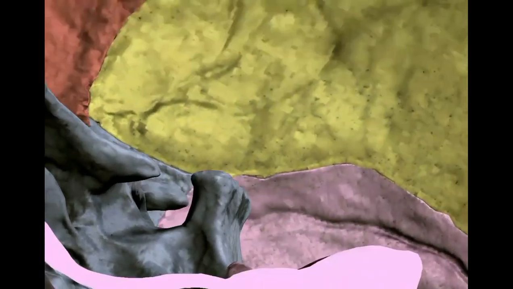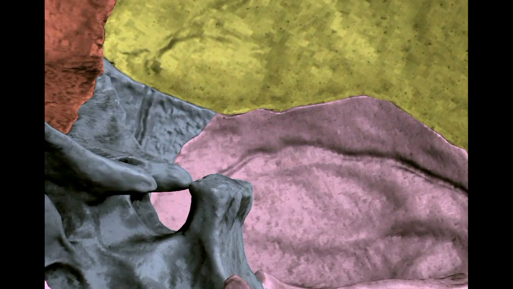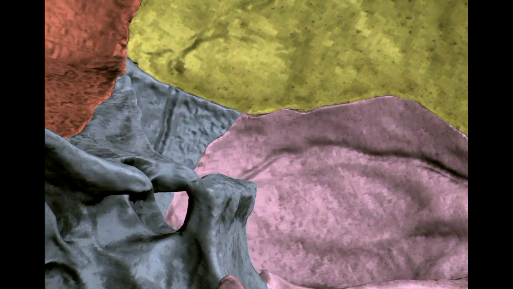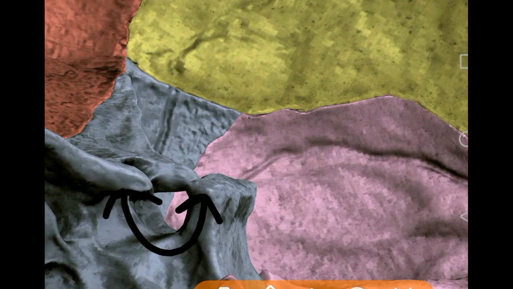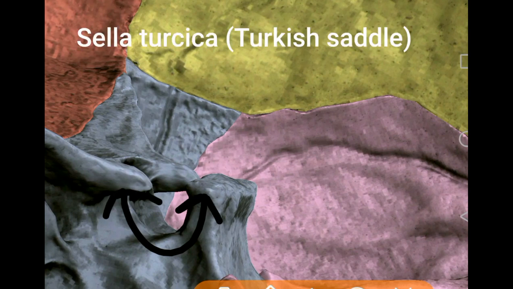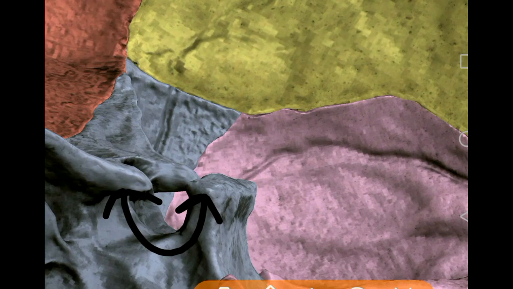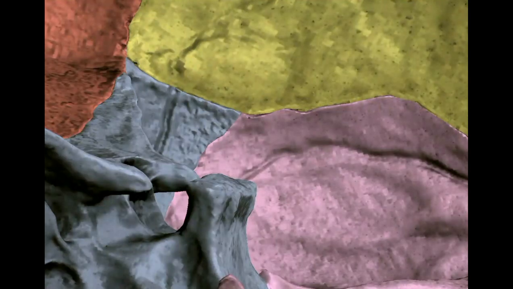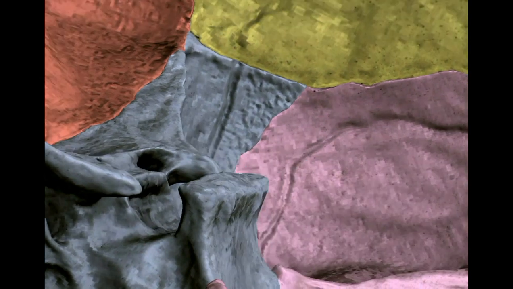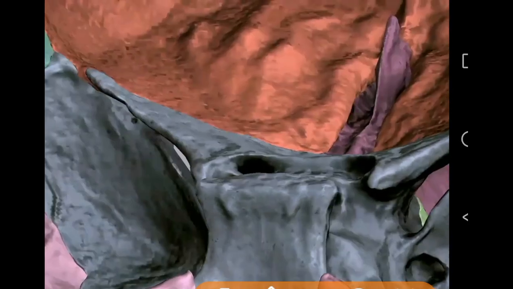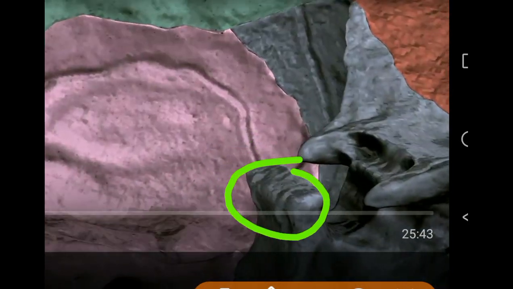And you also see a carotid groove on each side. If you see this sagittal view, it presents a carotid groove. This is sella turcica, the Turkish saddle, like a U shape. You can see it is formed by tuberculum sellae, pituitary fossa, and dorsum sellae behind. This projection is called the dorsum sellae here, and that is the carotid groove, what you see on either side of the body of the sphenoid, whereas this one is dorsum sellae.